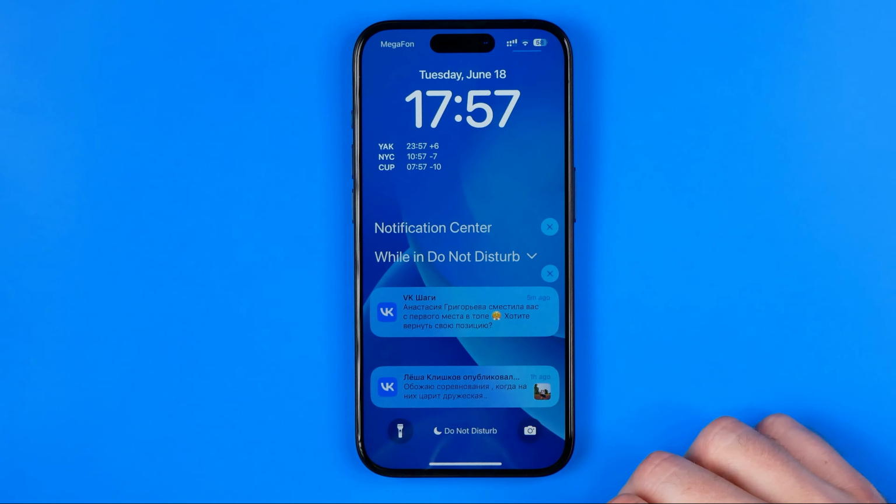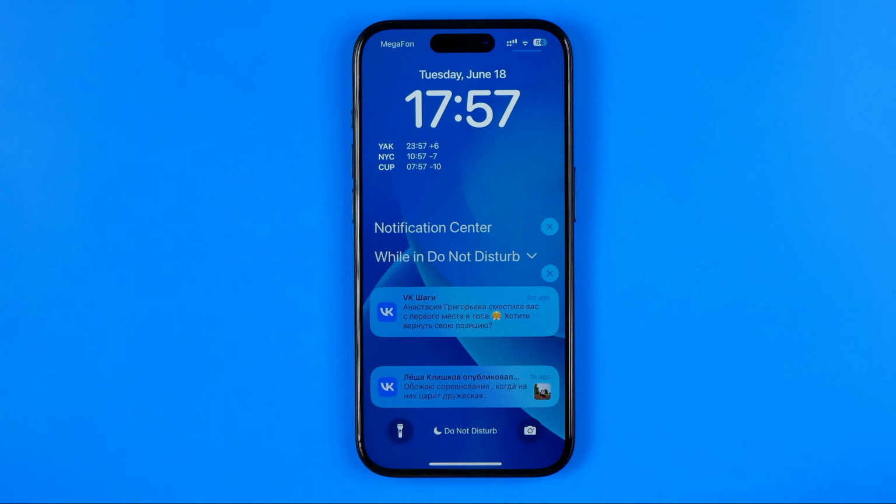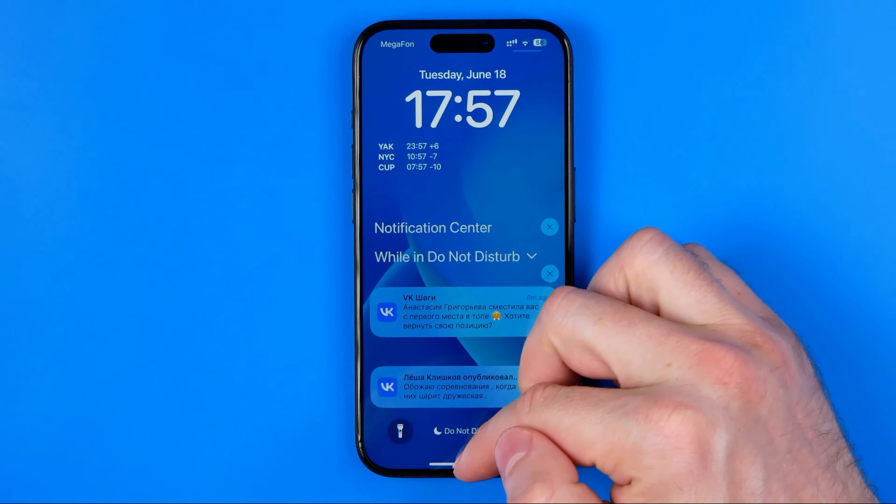Here we got a couple of notifications, and right there it shows us the content of the notifications. It could be some kind of a message or whatever, and in some cases that information can be personal and sensitive, and if you would like to hide it, we can easily do so, and now I'm gonna show you